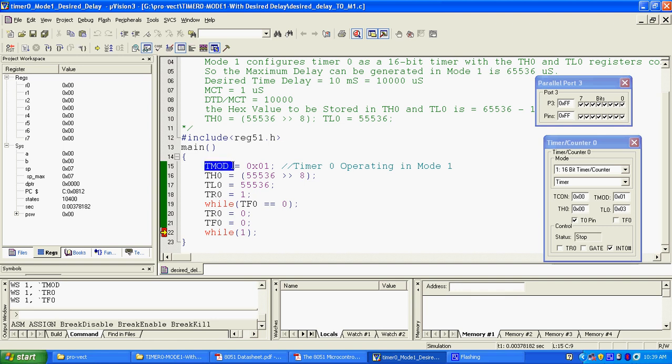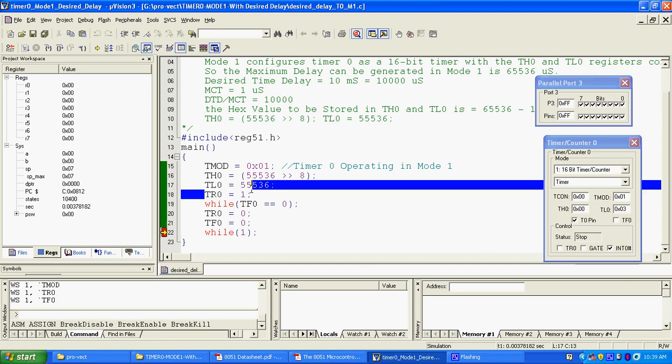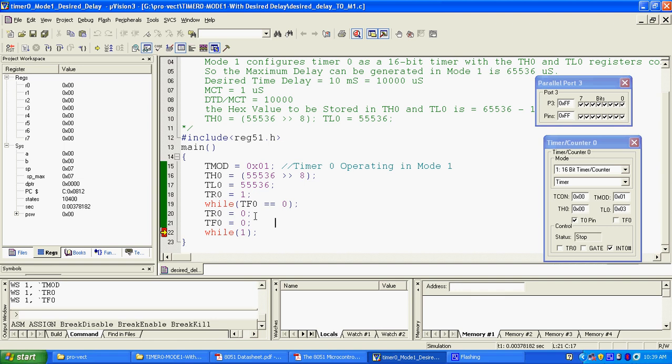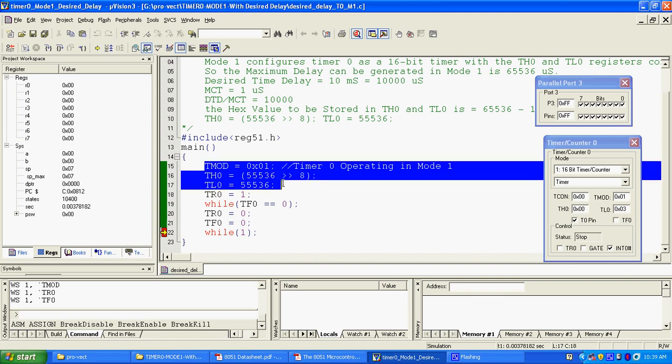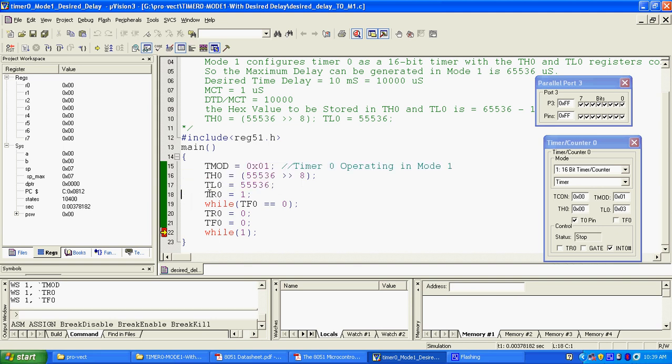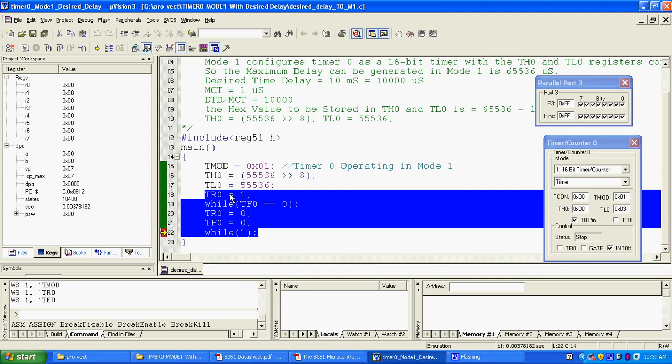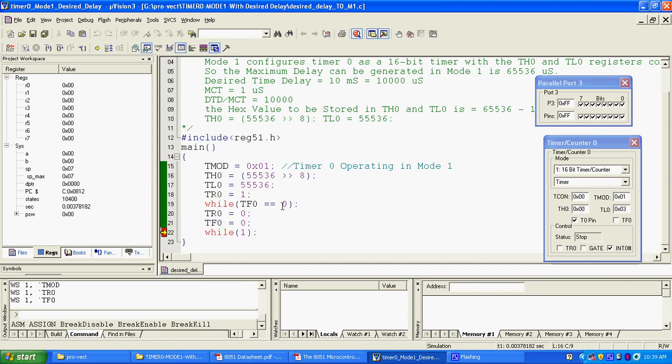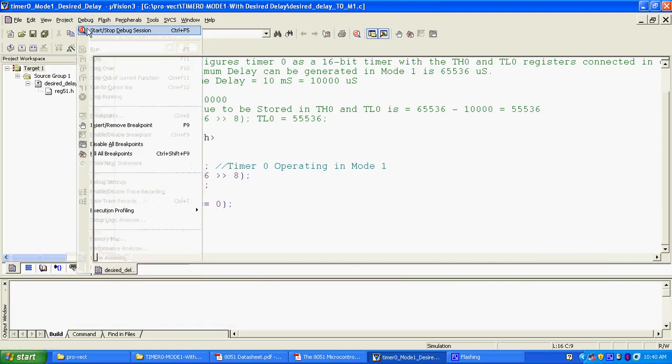Why these 11 microseconds? You can calculate it very easily. 2 microseconds, 2 microseconds, 2 microseconds, 2 microseconds, 8 microseconds, and these for another 3 microseconds. These are for 6 microseconds because these are register addressing modes. Then the rest comprise 5 microseconds. 6 plus 5, 11 microseconds. 10,011 minus 11, we are getting a delay of 10,000 microseconds, which is equivalent to 10 milliseconds.